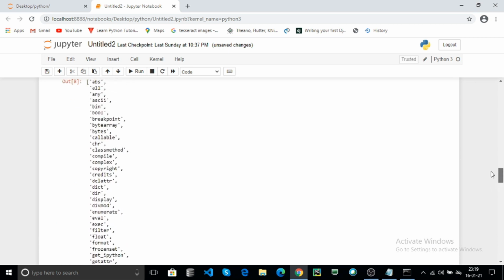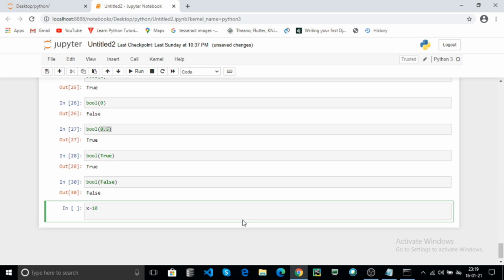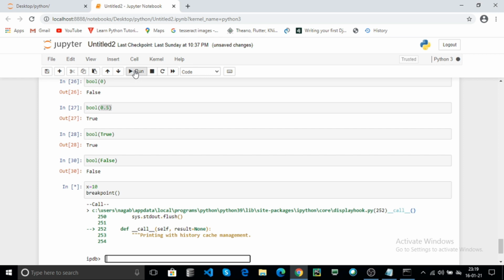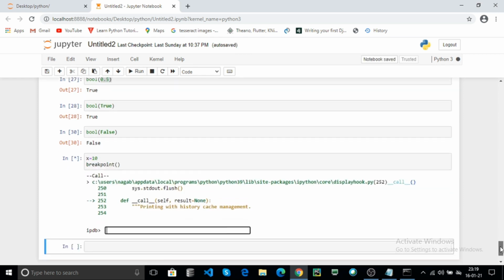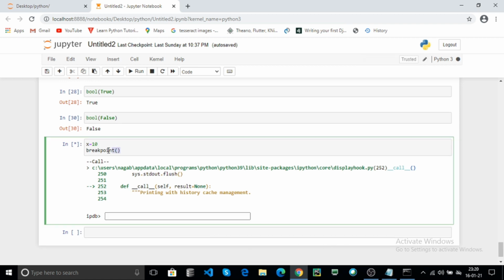Now breakpoint. Declare one variable x. You can use the breakpoint and click on run. What is the breakpoint? This is the Python debugger. It runs in the Python backend.